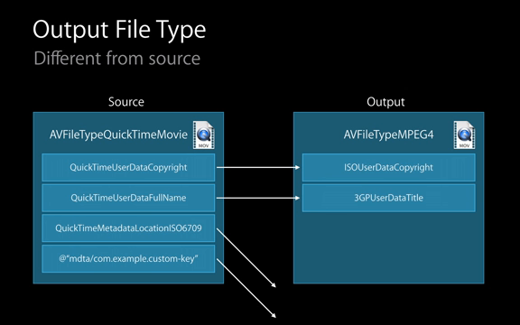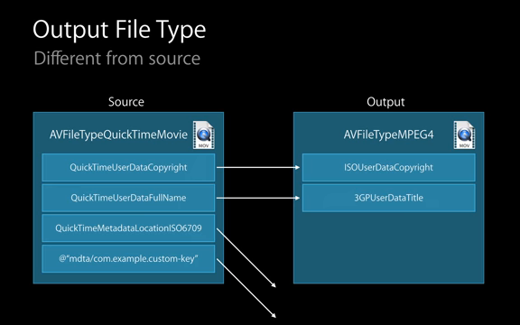So both asset export session and asset writer will do this sort of 3-step process. First, they'll try to pass that data through directly, if possible. And if not, they'll try to convert the identifier into an equivalent representation in the output file type. And if neither of those work, we have no choice but to just drop that piece of metadata on the